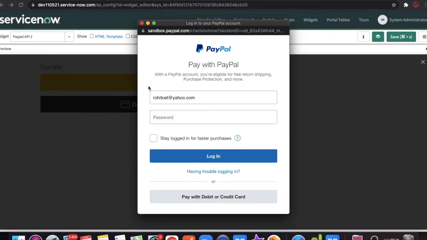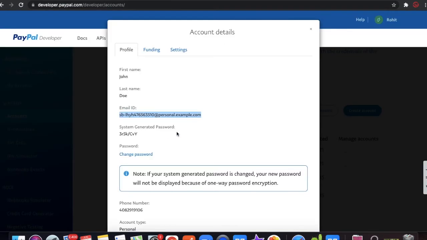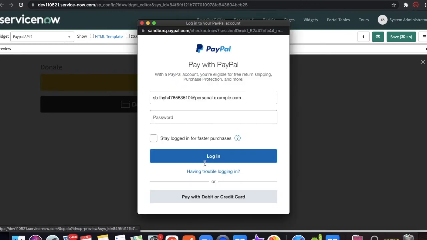You can see one dialog box is open, and once you put in your username, go back and copy this password, click continue, and then paste here and log in.